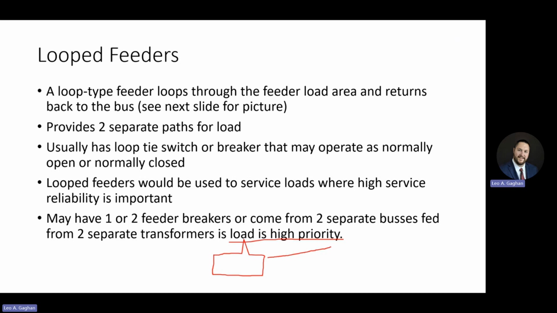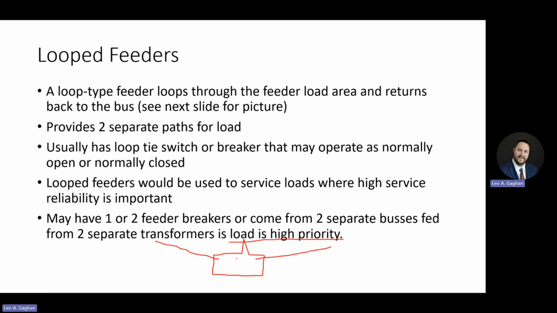They had a 34 feed coming in here and a completely separate 34 feed that came from a completely separate substation, different part of the grid, coming on the other side, where one was the normal feed and one was the alternate feed. And the hospital could be fed from either, through this loop scheme